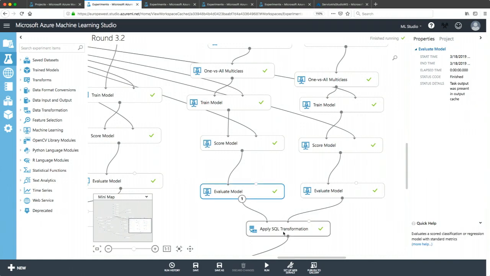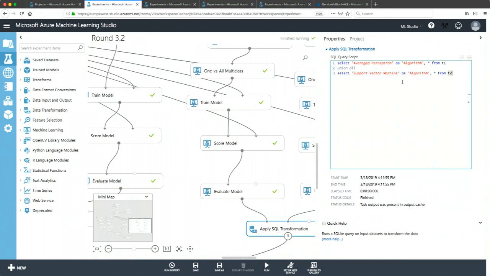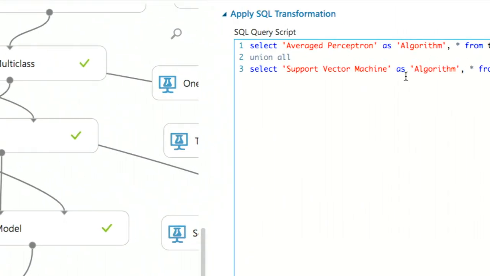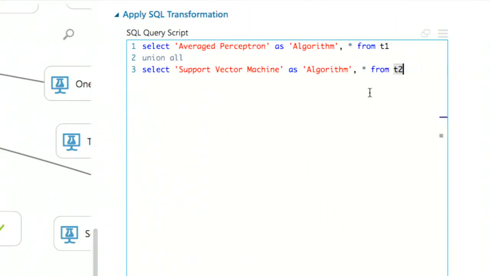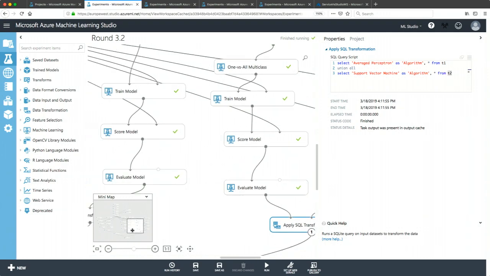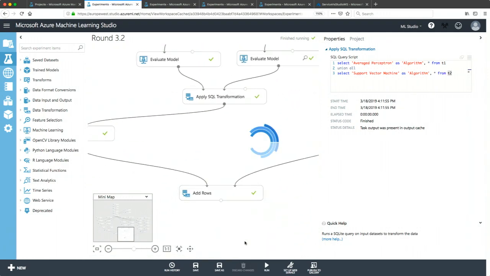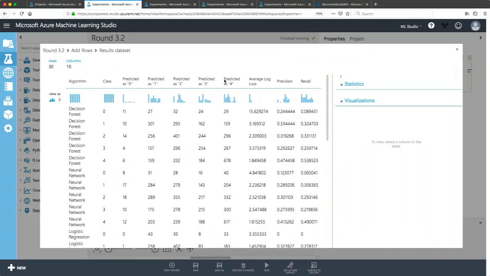The Evaluate Model outputs are being fed to an Apply SQL Transformation just to get the labels. All I'm doing in the Apply SQL Transformation is setting the label, the name of the algorithm, so that I know which metrics I'm looking at. And all of this gets to this glorious, glorious module, Add Rows. And it's all clear now, right? You can see which algorithm is the best.